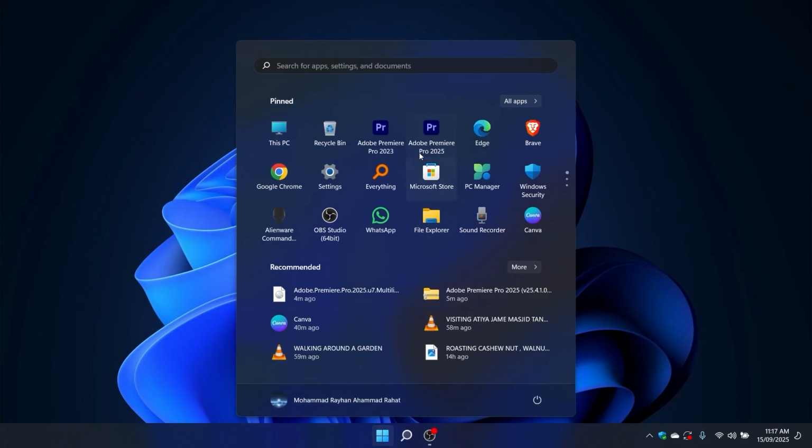How do I set Adobe Premiere Pro on my NVIDIA graphics card? So